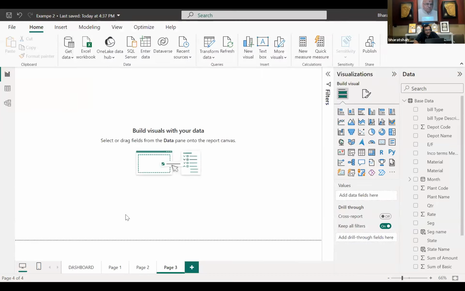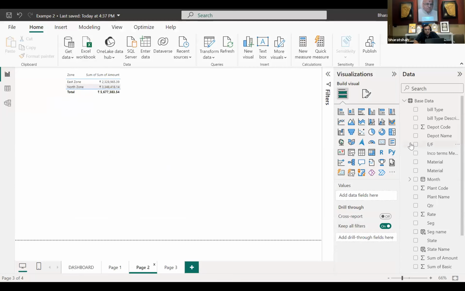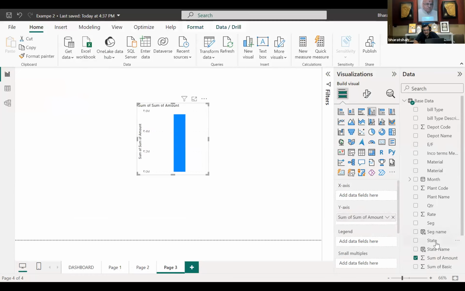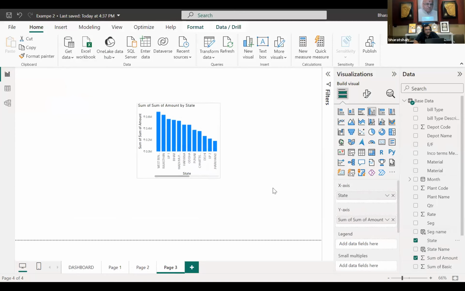Once you have the data loaded, it's very easy to visualize the data very fast as well. I can show you one quick demo of how we can get the sum of sales at a state level. It will give you an understanding of what your sales breakup is at a state level.